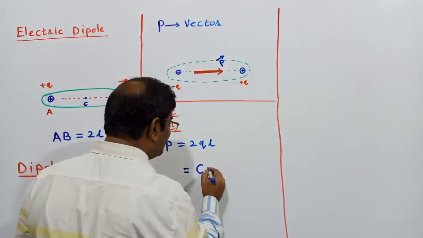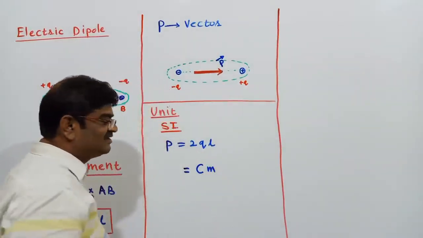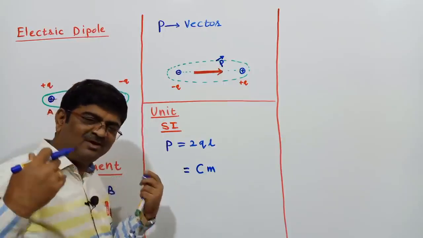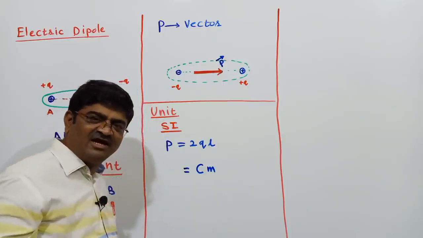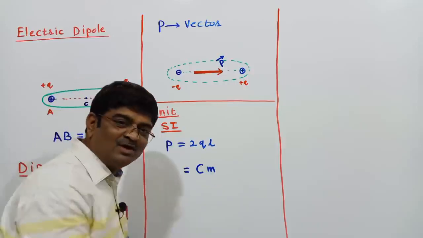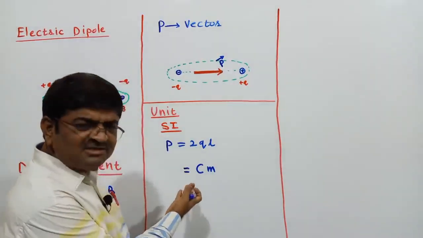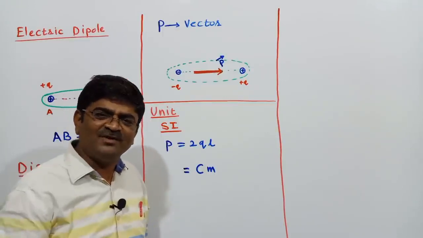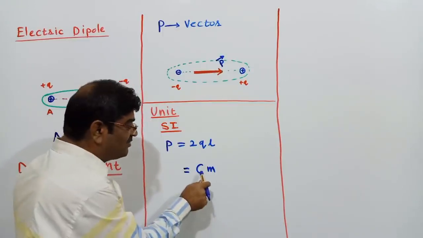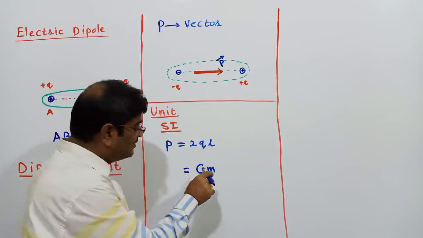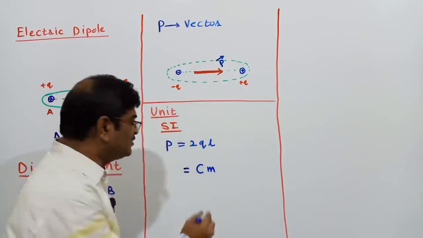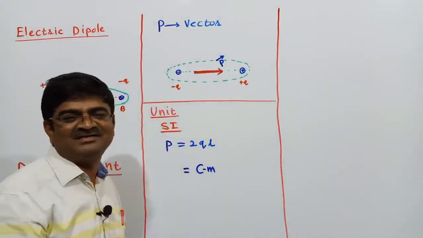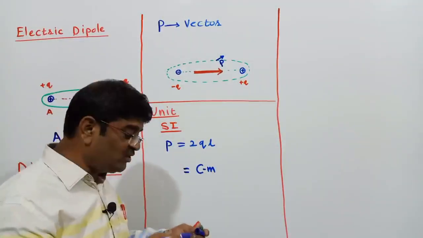Length: what's the unit of length? Meter. Don't read it as centimeter. Keeping concentration somewhere else, when you see the video once again you may think, oh, what has the sir written? The unit of the dipole moment is centimeter, and that's the unit of length. No. So I have written deliberately a capital C and a small m, or I put a symbol like this: coulomb meter. So this is the SI unit.